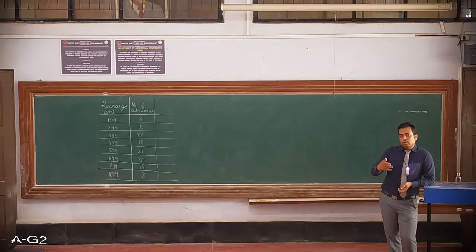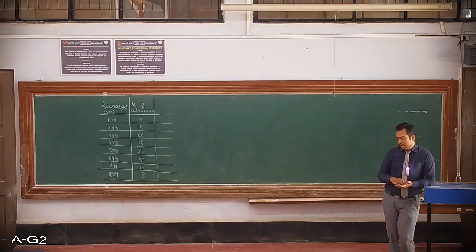So we cannot group more than 4. So once we group into 4, 4, it gives you 2 parts. If you go for 5, that gives you only one group. So we have to group until you are able to make at least 2 groups. Okay. So now let's start.